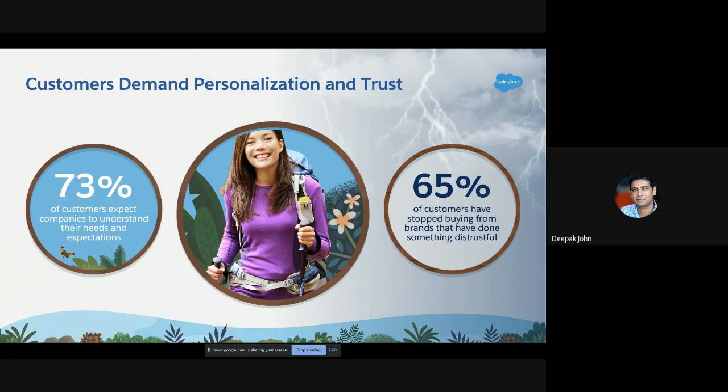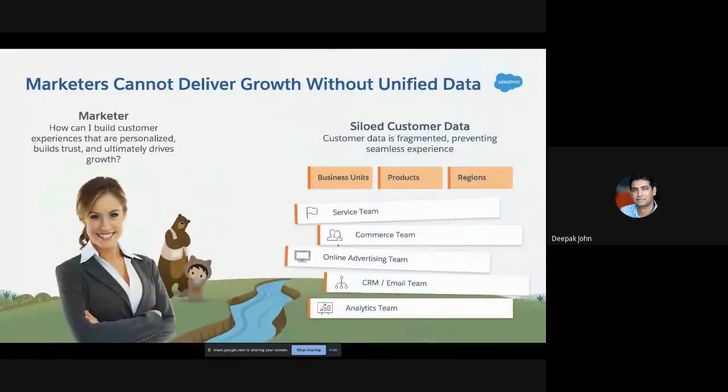Now, the flip side, and that's the number that you see, 73%. The flip side to this is how customers now begin to use data without explicit permission. And I know there's a new regulation coming in the UAE to support individuals like you and I. And if marketers can't deliver personalized interactions in this ingenious and trusted way, then customers like you and I are going to walk away from the competitors. So as marketers, we all have this fine line to walk in making sure we get this right.